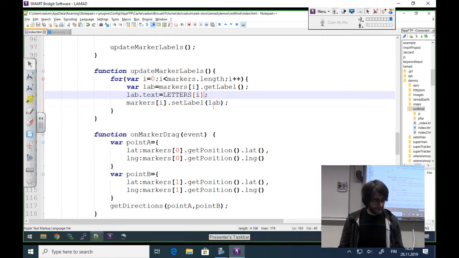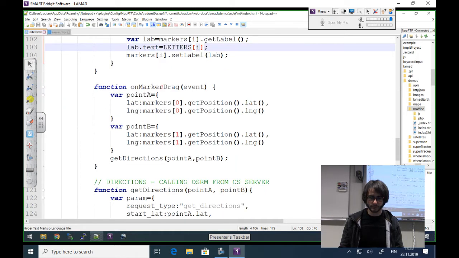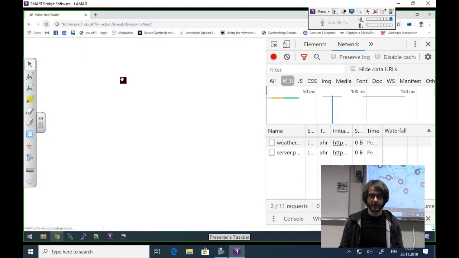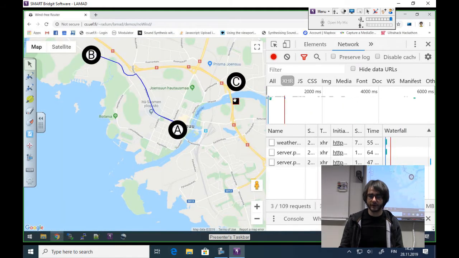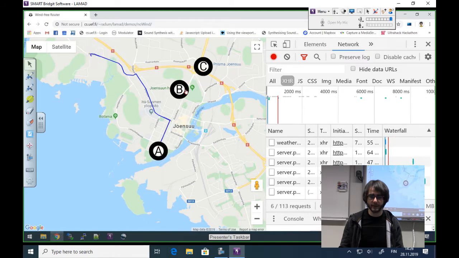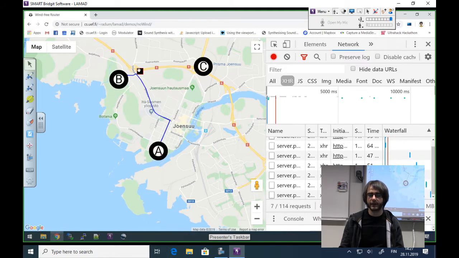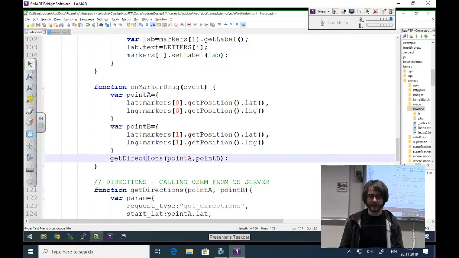Okay, so this is something quite nice now, but the directions that are calculated here, so from A to B, are just that. C is never considered, but A and B is always considered. So what I want now is to get directions from A to B, from B to C, from C to D, and so on, between all the pairs, to show me where am I going to go, which roads I'm going to take. So this get directions function,